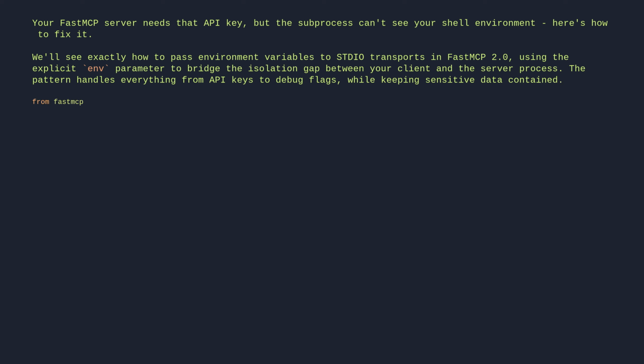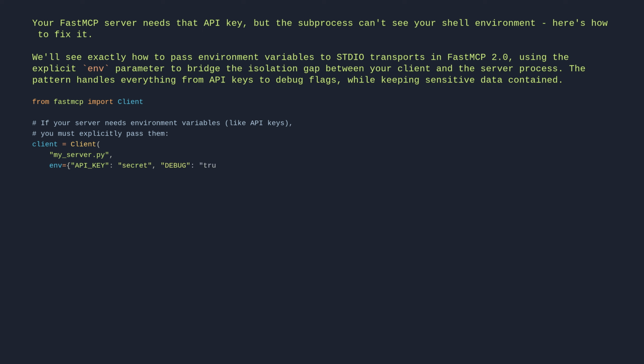from fastmcp import Client. # If your server needs environment variables, like API keys, # you must explicitly pass them. client = Client("my_server.py", env={"API_KEY": "secret", "DEBUG": "true"}). # This won't work. The server runs in isolation. # export API_KEY=secret # in your shell. # client = Client("my_server.py") # server can't see API_KEY